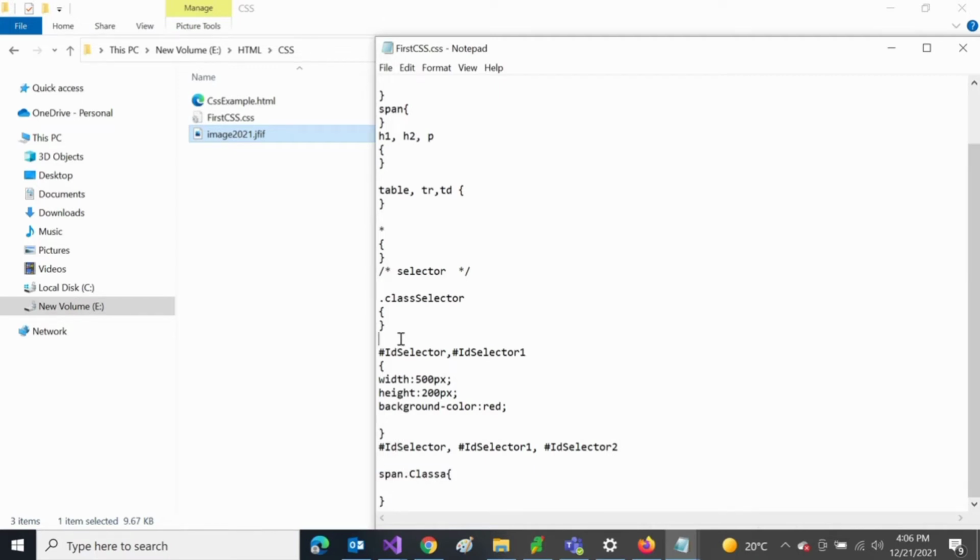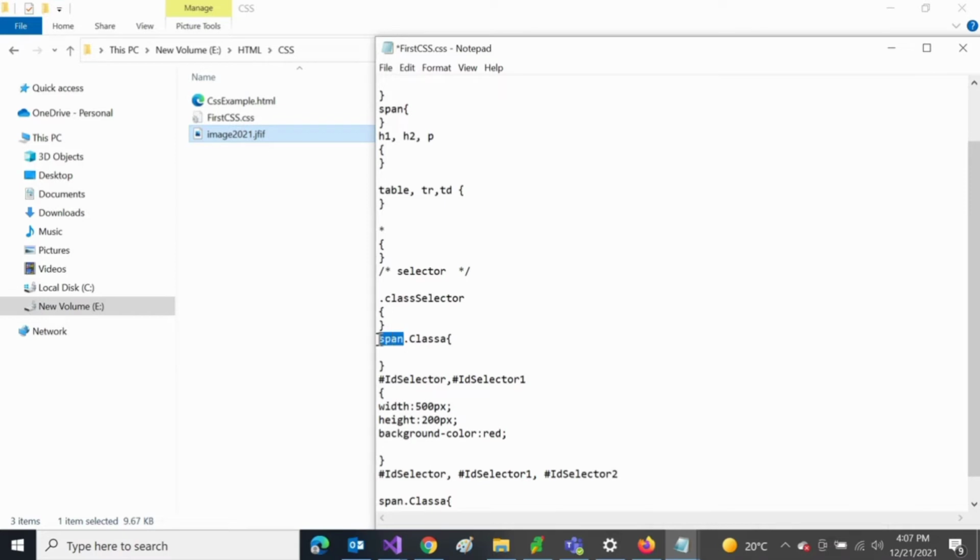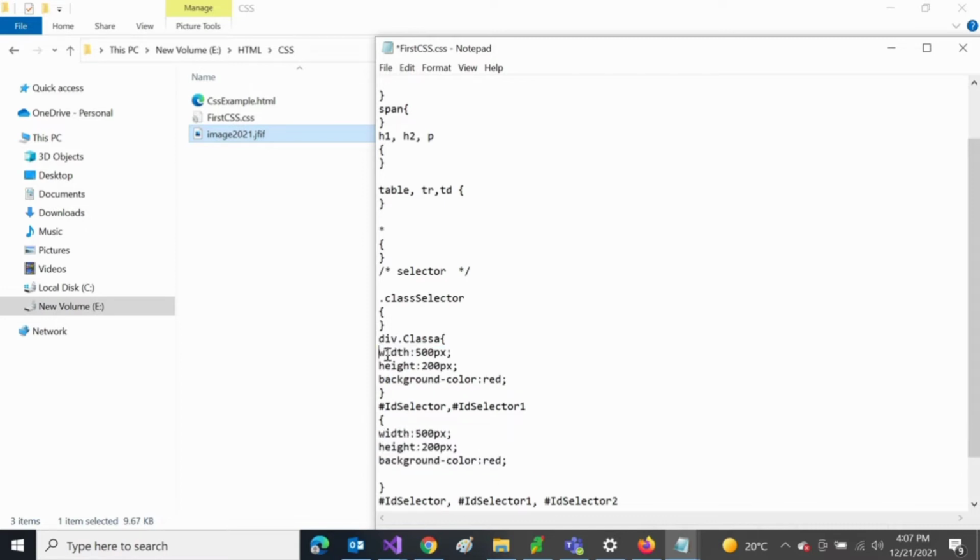Now the span of class A that I have written, let me modify it to div of class A. This will make all divs with class A, and the css will be applicable to all div elements which have class A. Now I am putting the background color yellow and correcting the width to 300 width and 100 height for the selectors also, so that it can be easily visible in the HTML.